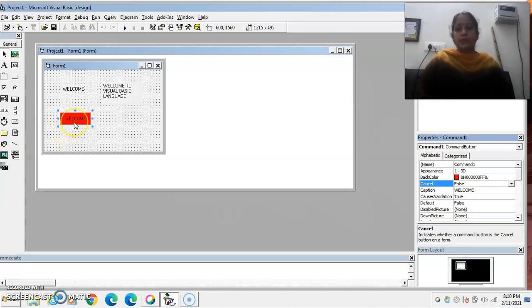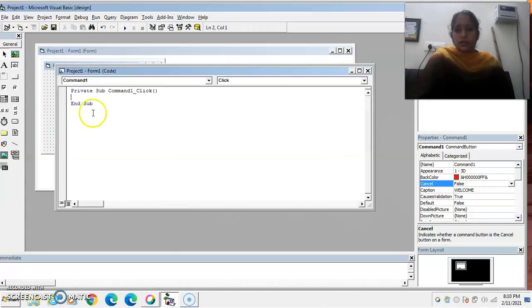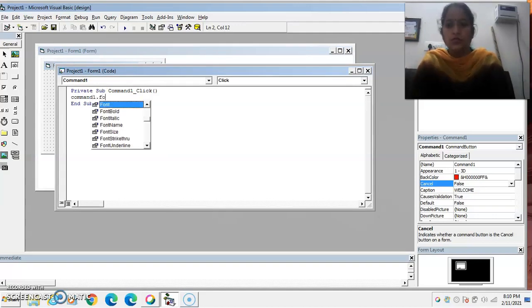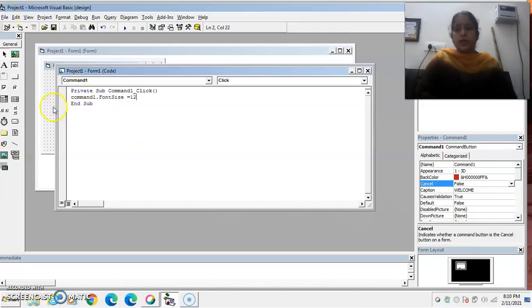For example, this is the command1 button. Command1.Font.Size is equal to 12. I write down coding that on the command1 click event the font size changes to 12 or changes to 20.